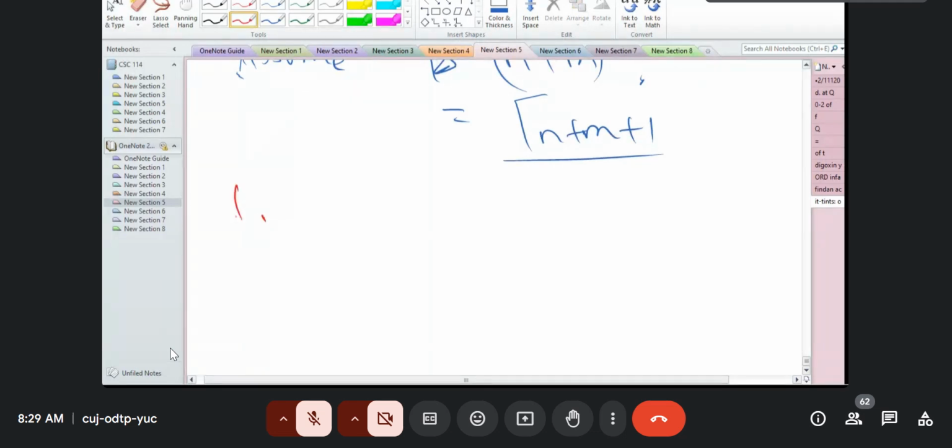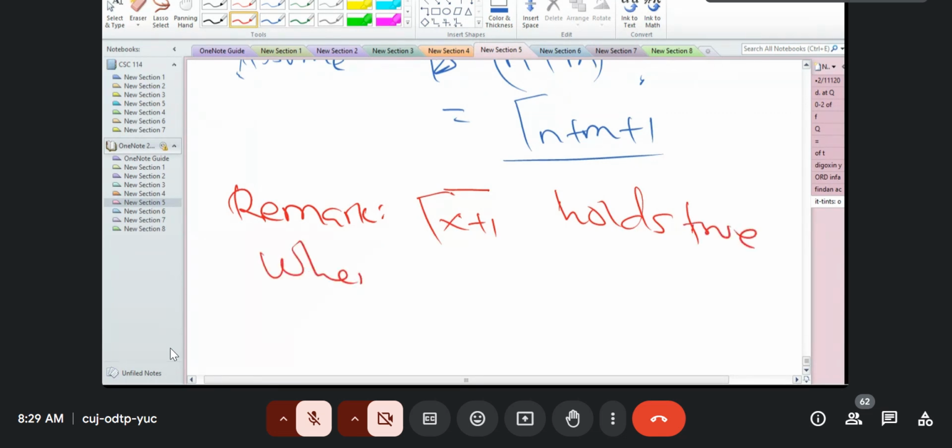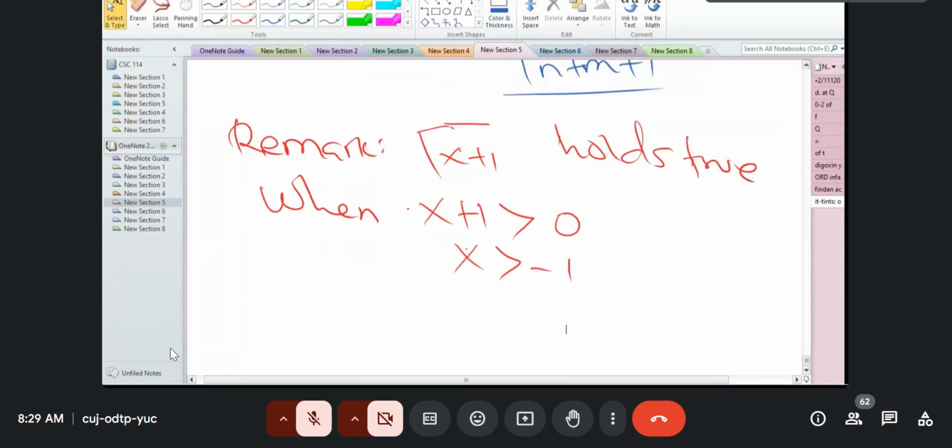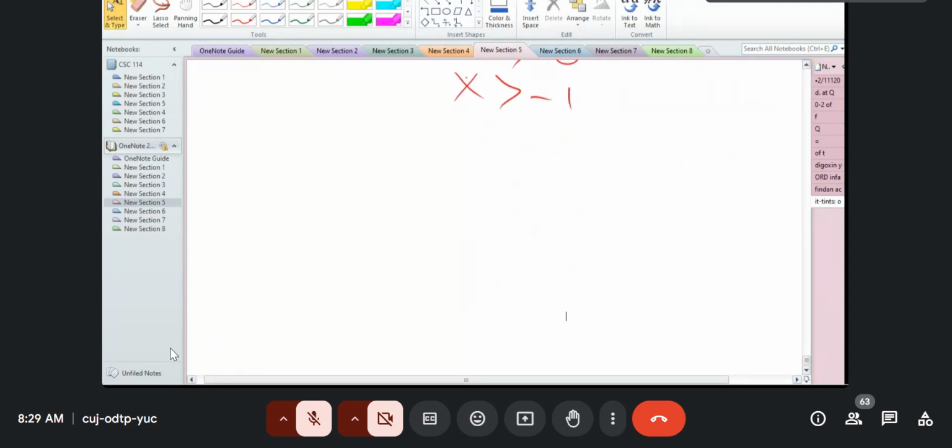Or we need to take a remark. When is the gamma function defined? Gamma of x plus 1: the argument of the gamma function must be greater than 0. When x plus 1 is greater than 0, this is the same thing as x is greater than negative 1. So we need that the quantity inside the gamma symbol should be greater than 0. From here, I think we can now proceed. We can now go back to